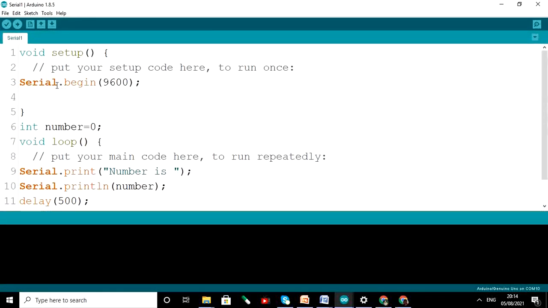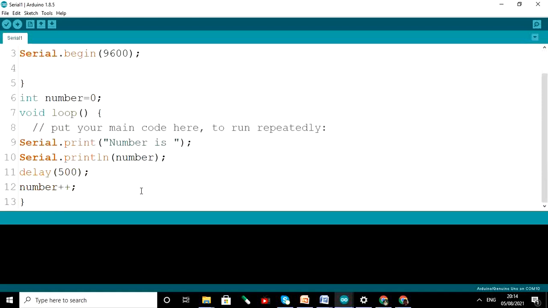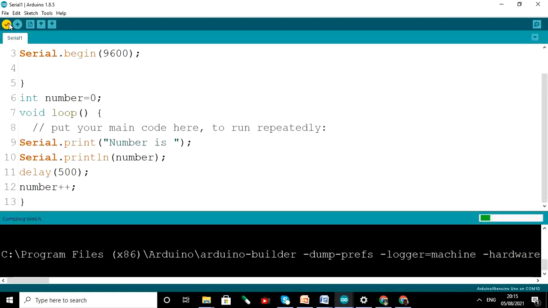Here Serial.begin, and I am setting the value to 9600. The speed of our serial communication is 9600, and we are declaring an integer variable called number, and that number will be printed on the serial port. So "number is" and Serial.println(number). We are incrementing the number, and we will display the number on the serial port. So let's compile the code.